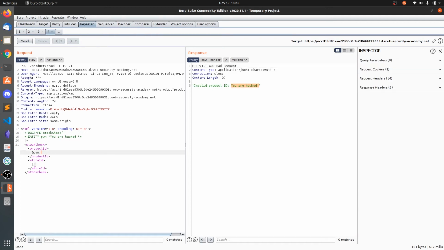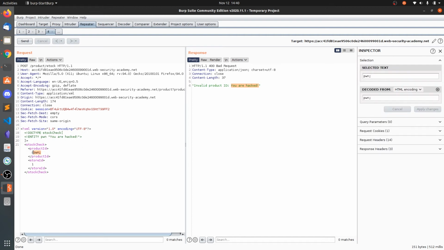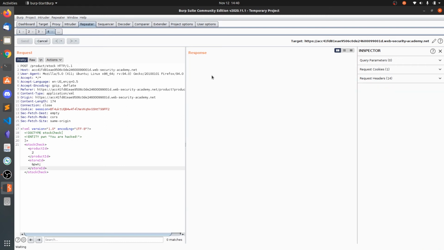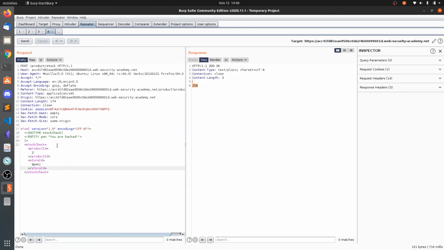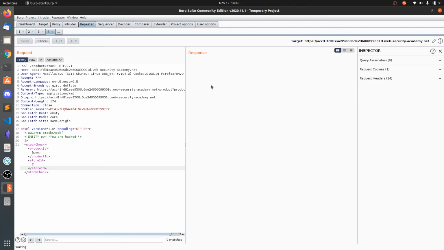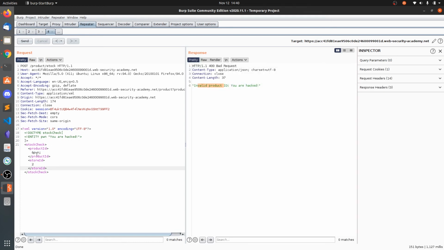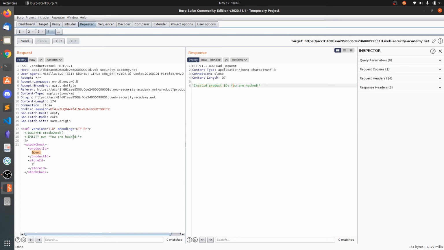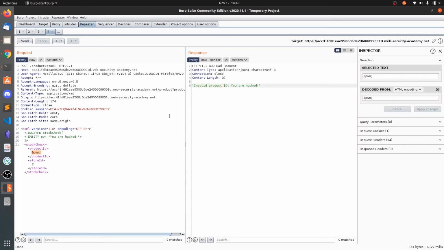We have two values here, so you need to copy this and paste it here. You need to check all the tags and send this, and we did not get this. The first one is getting returned in the response, that's why. Invalid product ID, this product ID content is getting returned here. If you put -1, it says invalid product ID -1. So instead of -1 we are putting the string.